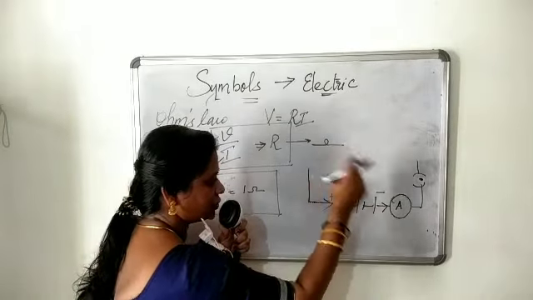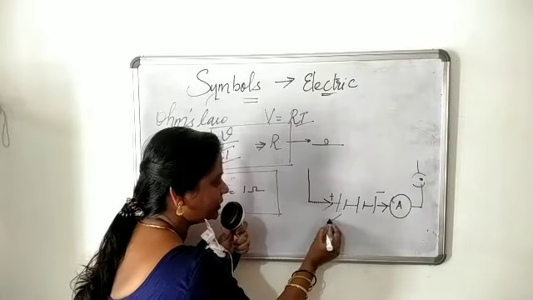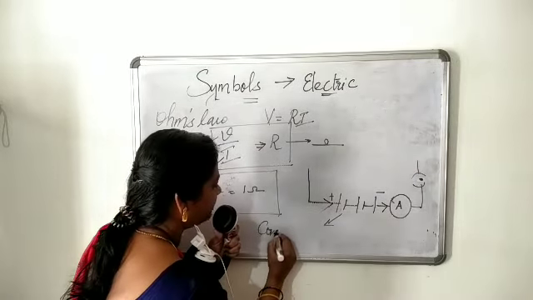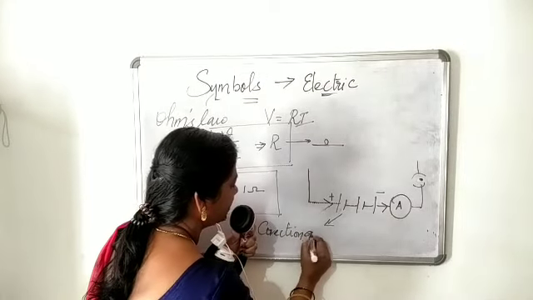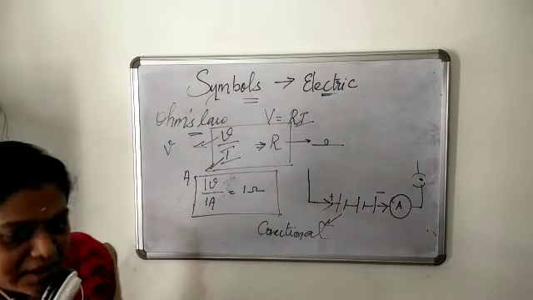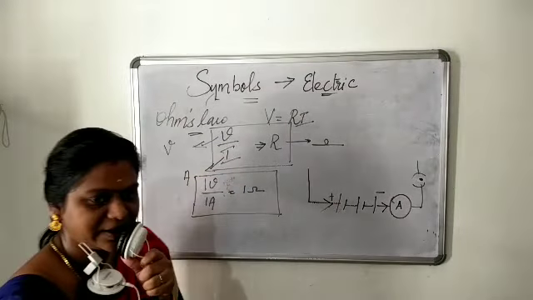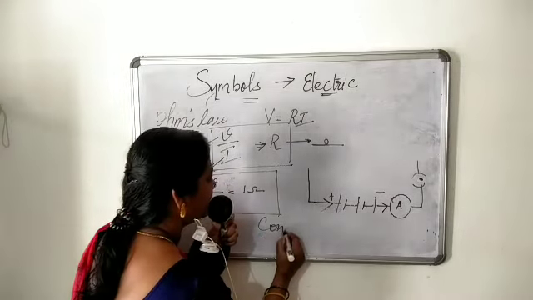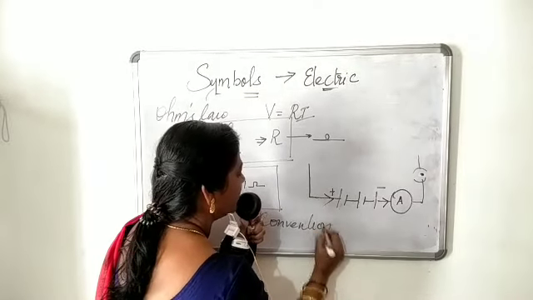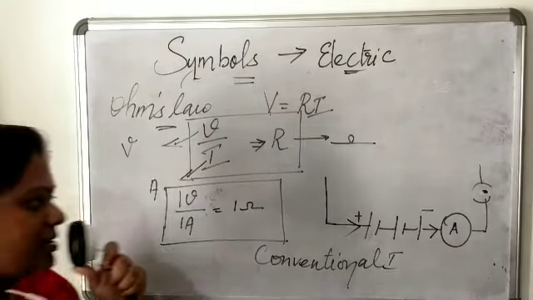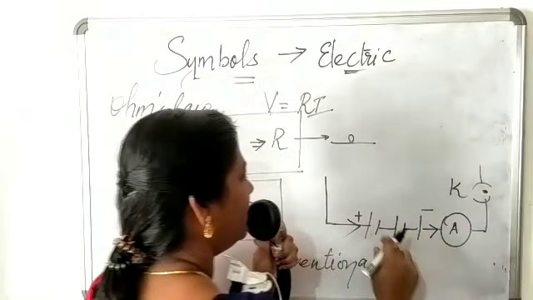Positive to negative, this phenomenon is called conventional current. It is given in the first page of the NCERT. So this is a key, battery,